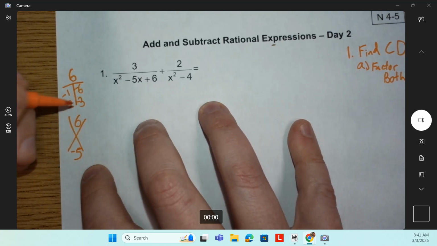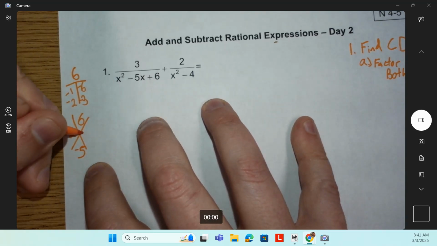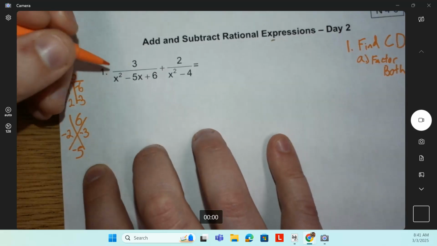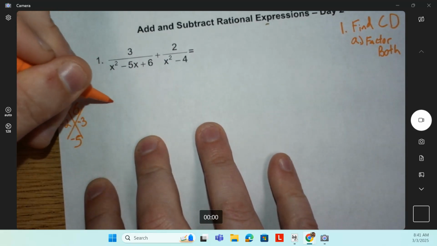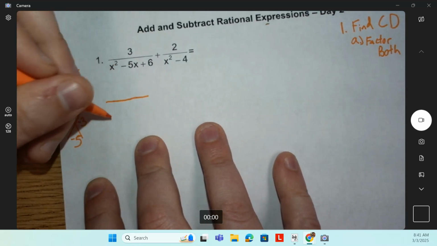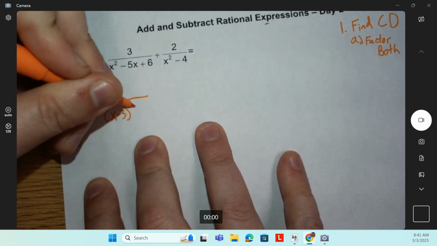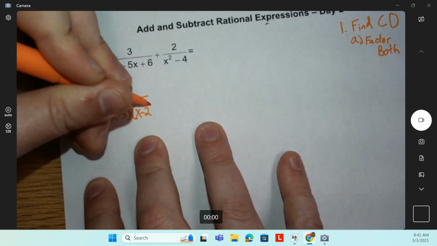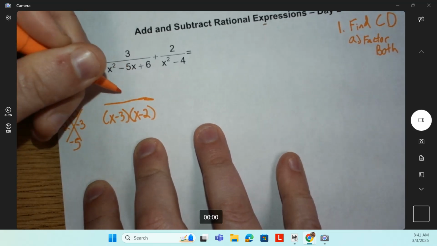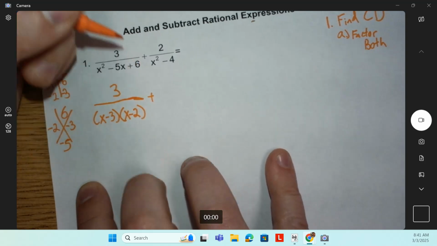So the pair that works is -2 and -3. So this one is going to be factored out as x minus 3, x minus 2, just over 3, plus